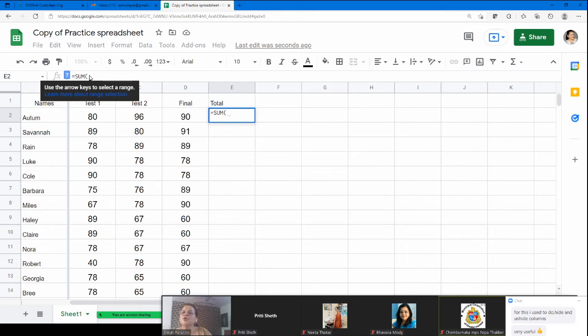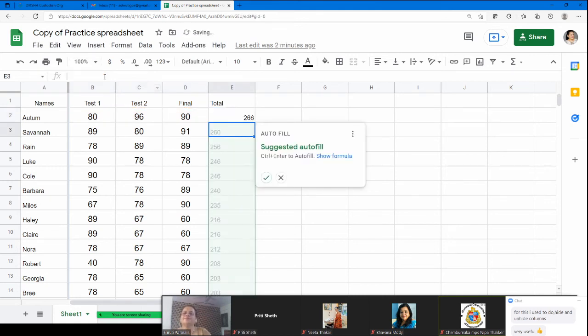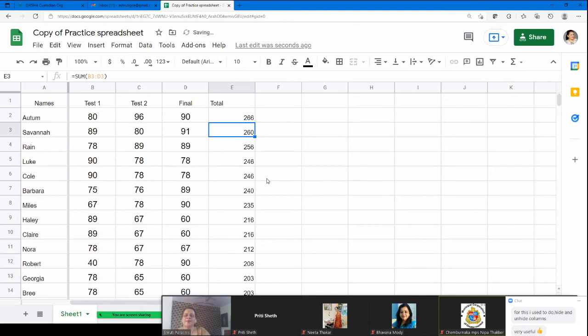after that you can put the range. So what is the range? Either you can mark it, so you will get it automatically, or what you can do is you can put it from B, colon. Till where do we need it? Till D2. So B2 colon D2, close this and click enter. So you've got it. It's the same total. So you can always apply your own formula as well.